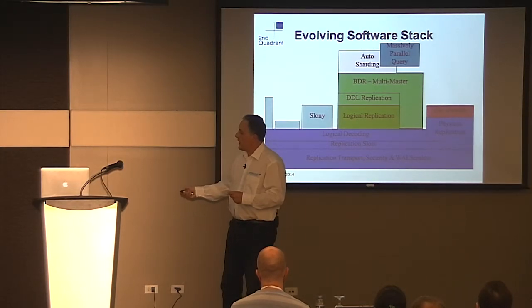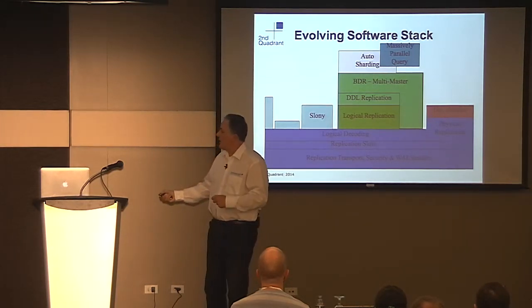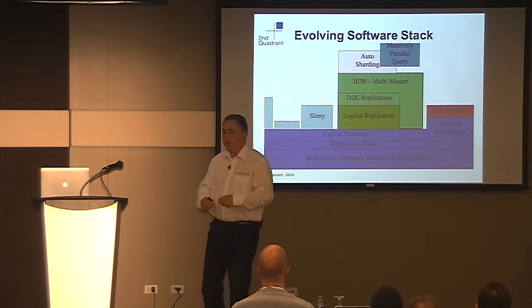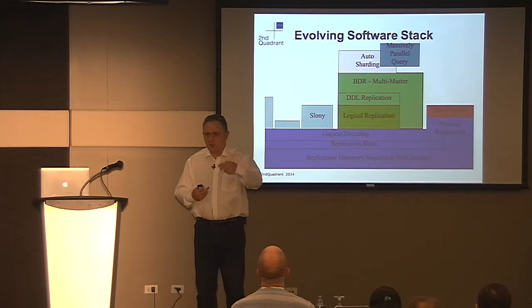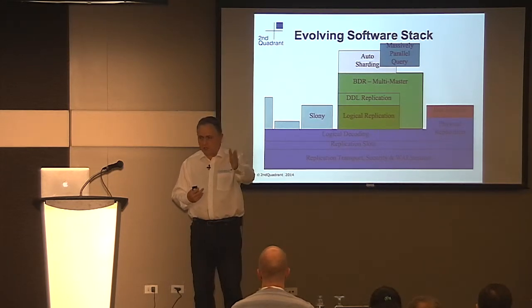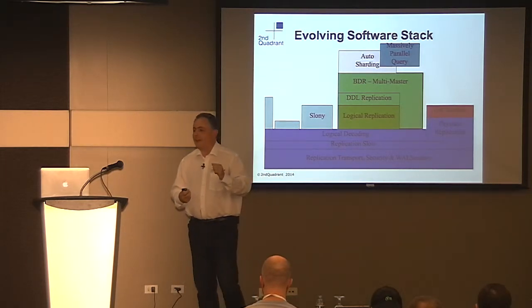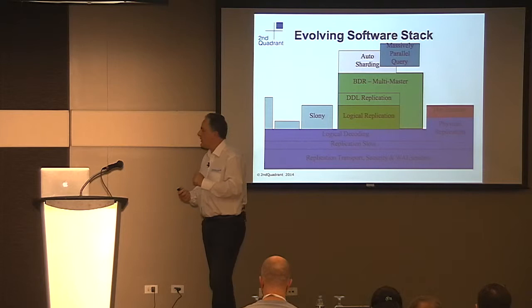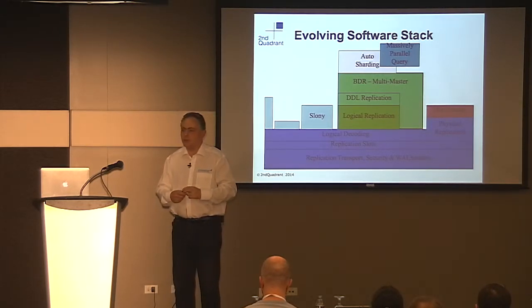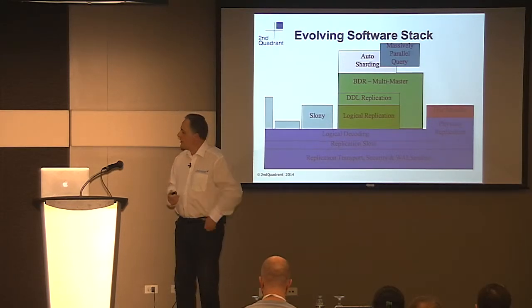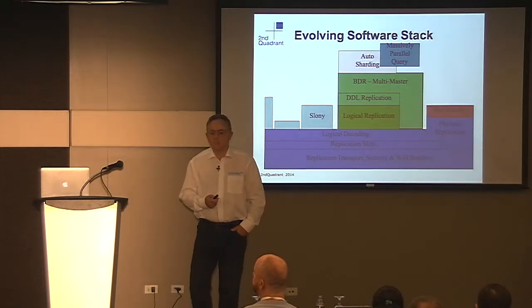Now these green things are things that we have now or are delivering soon. And then in the future, we're working towards automatic sharding, massively parallel query. Those are the things that are on the horizon that we're reaching towards. Okay, I have to say we're not exactly close to them right now, but that's kind of where we're going with this architectural branch of the software stack. So I hope that kind of gives a little context to the stuff that we're working on, at least.